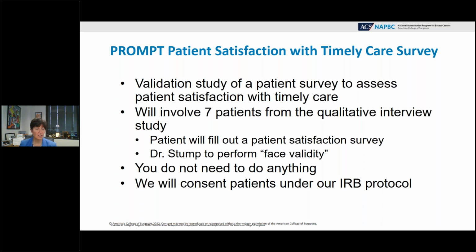Let's move on to the prompt patient satisfaction with timely care survey. We're working on validating a patient survey that your sites could use to determine patient satisfaction with timely care. This study is an IRB approved study. It's approved at our IRB. You do not need to do anything. You don't need to go to your IRB. We are